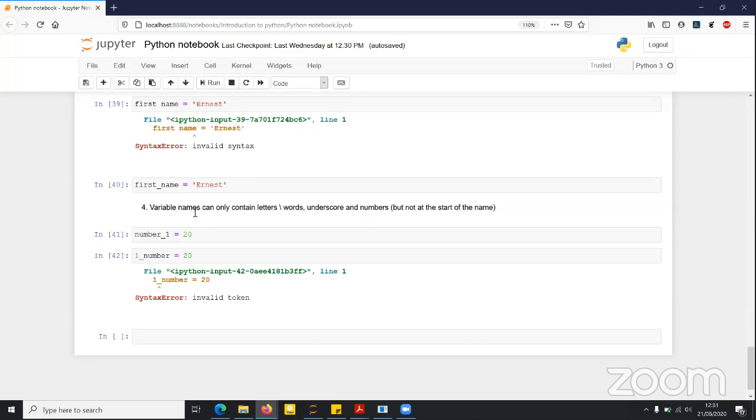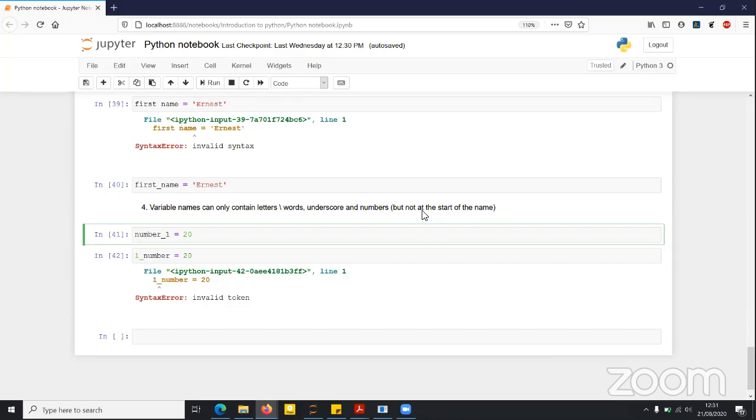And so these are the characters that are accepted in naming your variables. We can have letters in a variable name, like N is a letter, U is a letter, M is a letter, or words like number is a word. We can have an underscore there, between number and 1. Also, we can have numbers, but these numbers